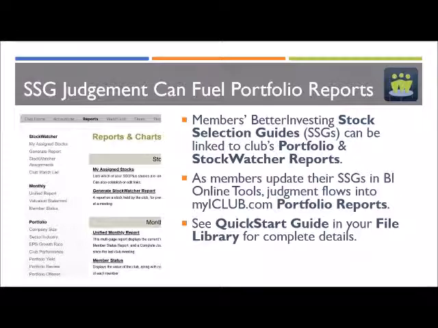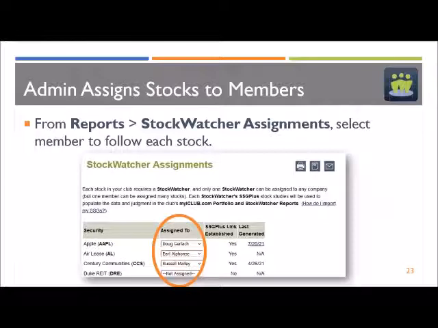You have to use the Better Investing Stock Selection Guide tools, the online tools. If you're doing that, you can just click the link. You do that through My Account on the landing page. We have instructions for you. There's a way to do the BI link, and then you go to the reports, and you see My Stock Watcher